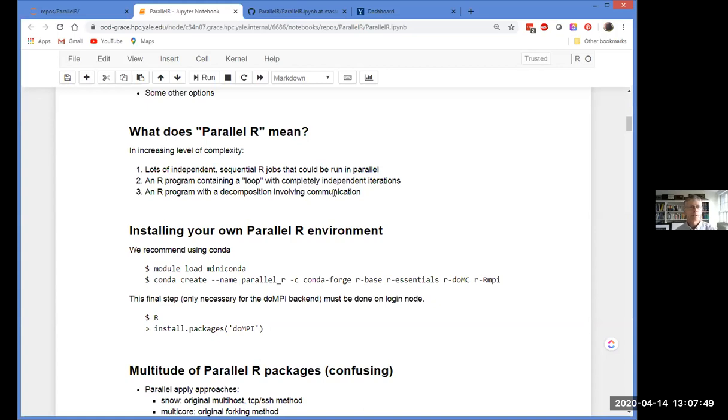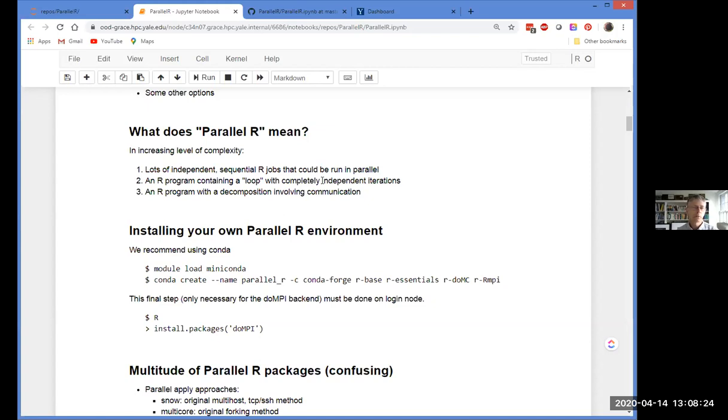So that's the simplest nice case, where you've got this loop and it's where you're spending most of the time in your computation, but each iteration of the loop is independent of all the others. It doesn't depend on any of the others. And that is a pretty common circumstance. And if you're fortunate enough to have a program that has one of these loops with independent iterations, then foreach is going to be perfect for that. And that's really the case that we're going to talk about.